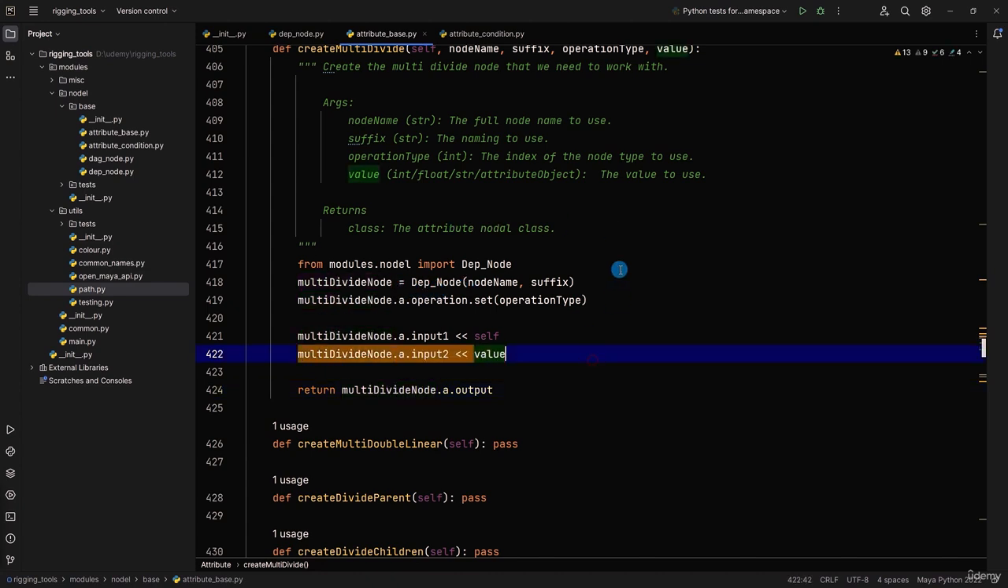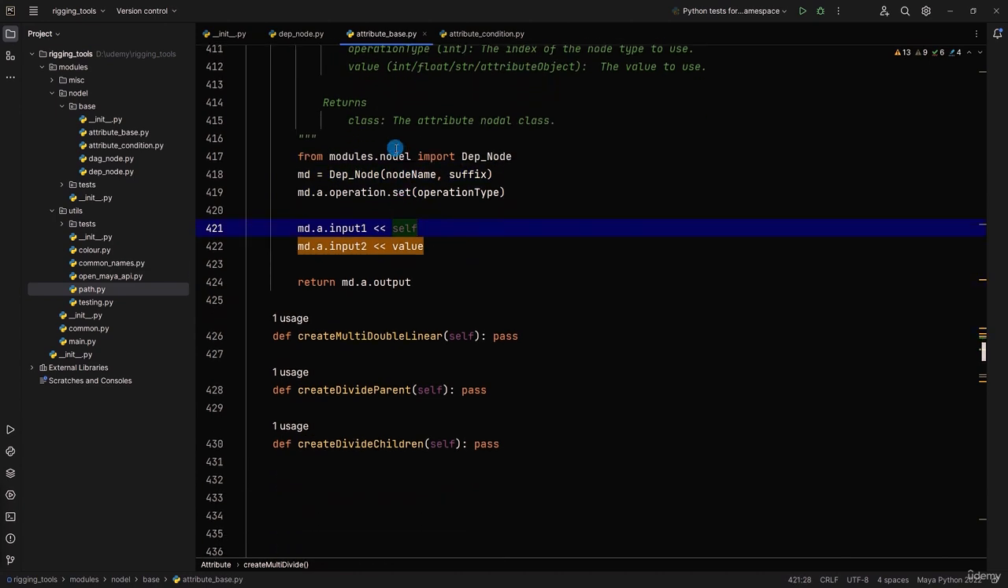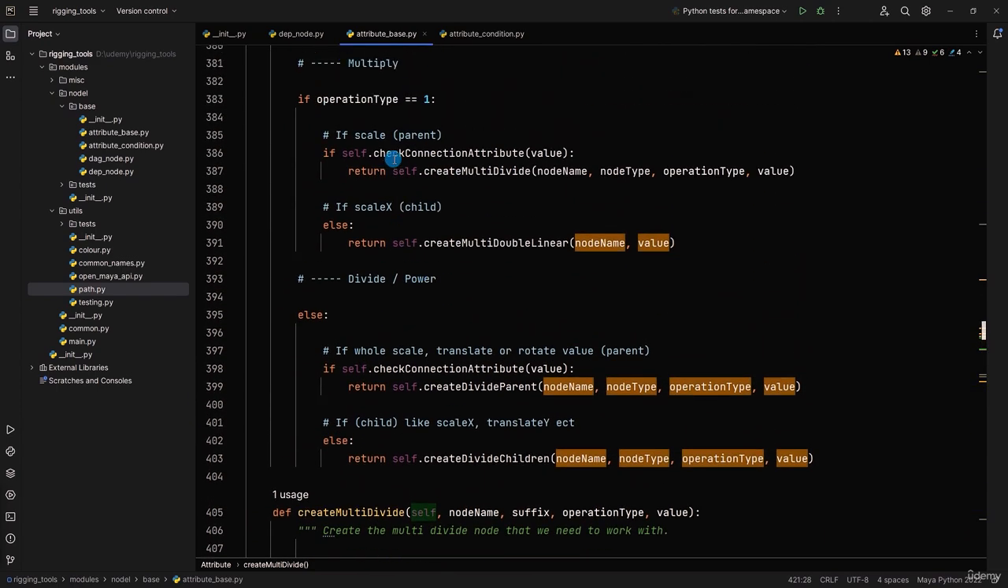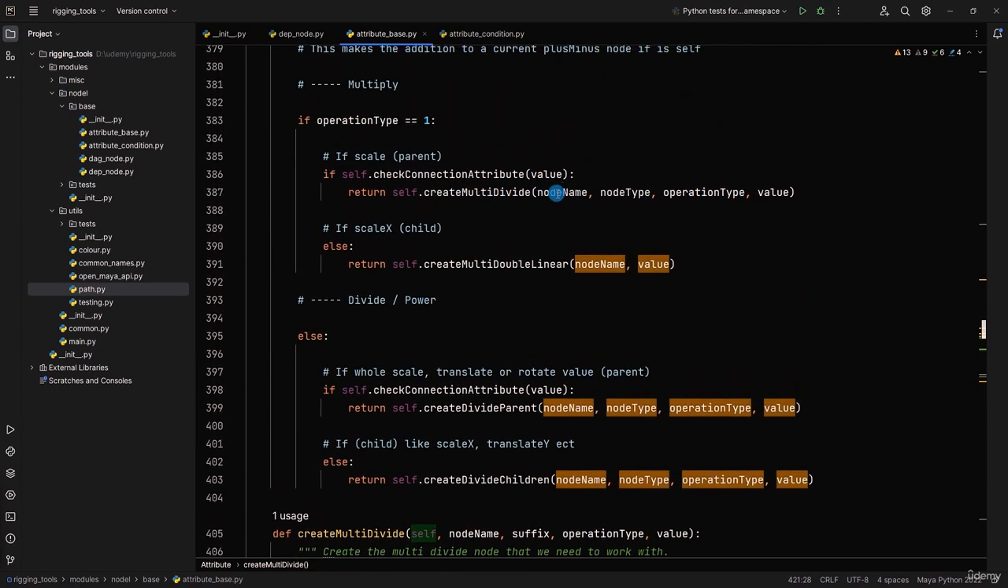So multiply divide node. I don't know if that's more readable. Actually, let's go back. I don't think it's more readable. MD is just nice and short and sweet. I think, again, the human brain needs less information to look at to be able to chunk information well. So here we go. Perfect. Okay, there we go. There is our create multiply divide, which is already looking happy up here, not with a